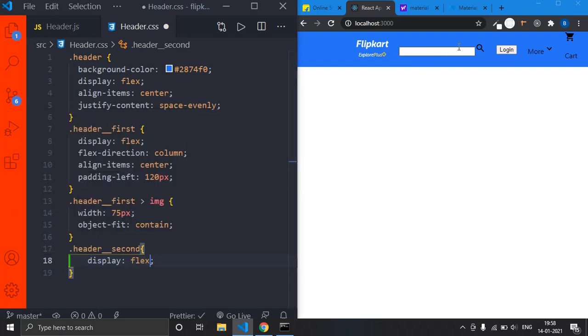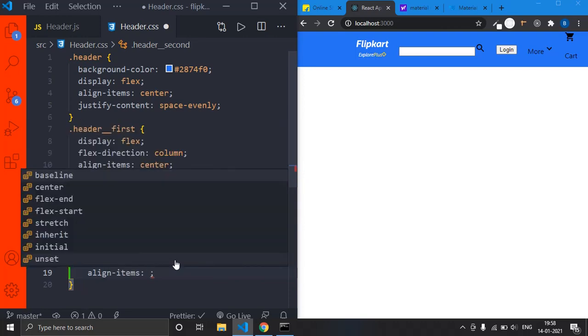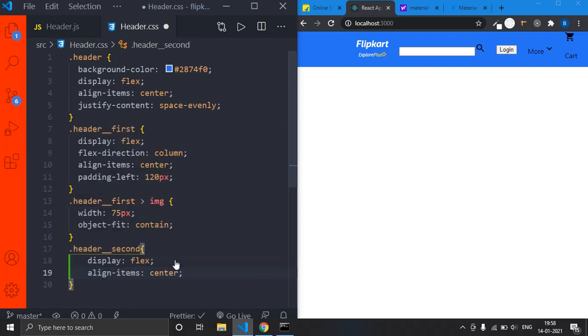You can see over here this input is somewhat below and the search icon is somewhat top, right? So in order to get them properly aligned, I'll apply display flex and align items center. Now I'll press Ctrl S, save. Now you will be able to figure out the difference. You can see over there, those are aligned properly, right?